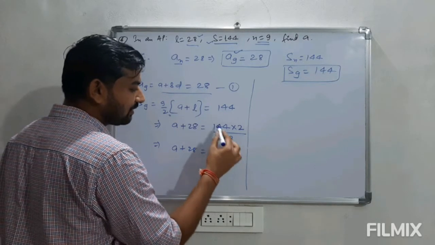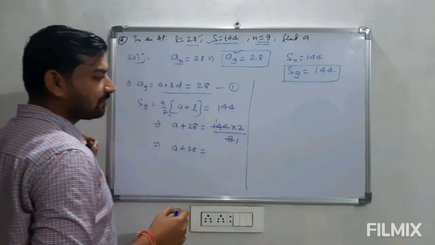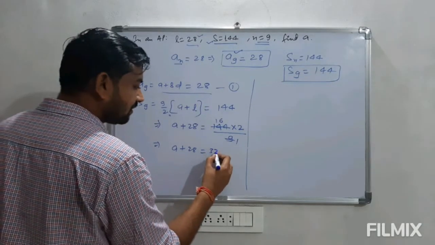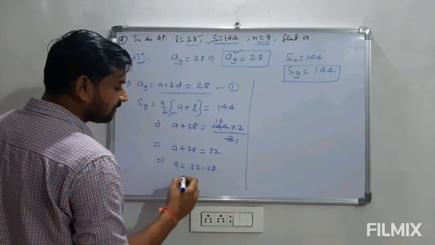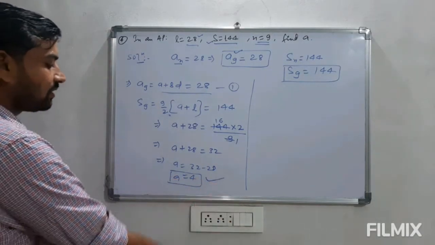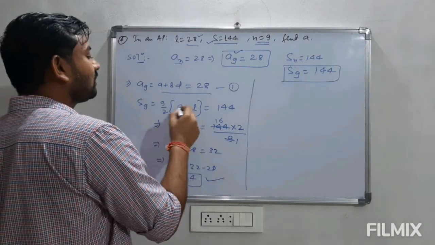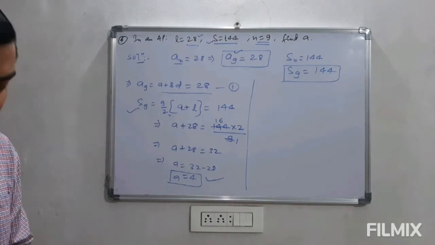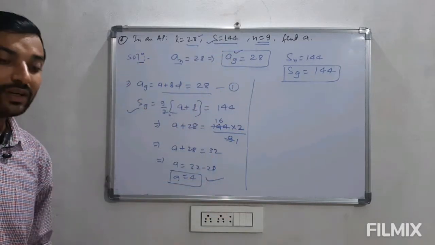Now we can divide 144 by 9. This is coming out to be 16, so 16 times 2 is 32. So clearly the value of A here is 32 minus 28, that is 4. So from here we can directly calculate the value of A. There is no use of n in this. That is only given to use in the relation for the sum of the first n terms. So this is how we go through questions where we have certain values and have to solve for others.